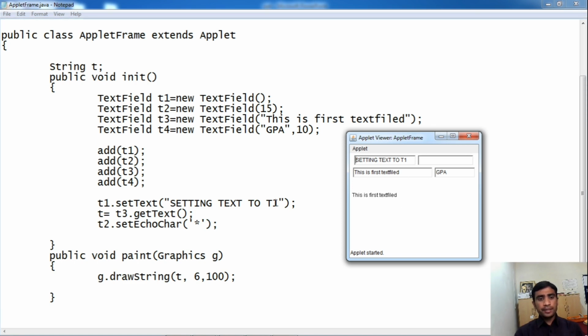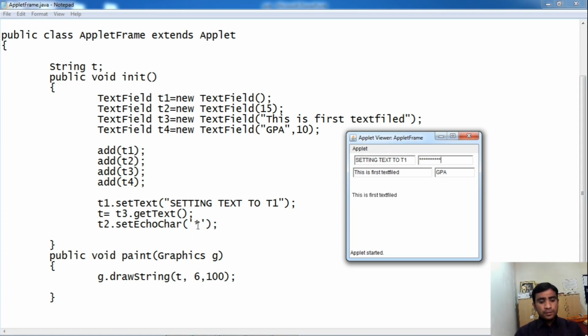So here it is printed. Then t2.setEchoChar star. Now we have applied the echo char to T2, which is this one. Now try to type anything on this, and stars will be printed because we have set the echo character to star.